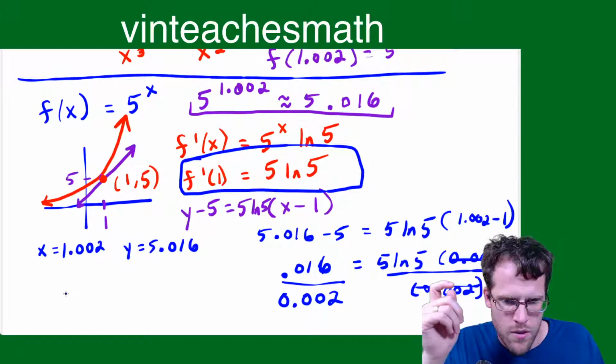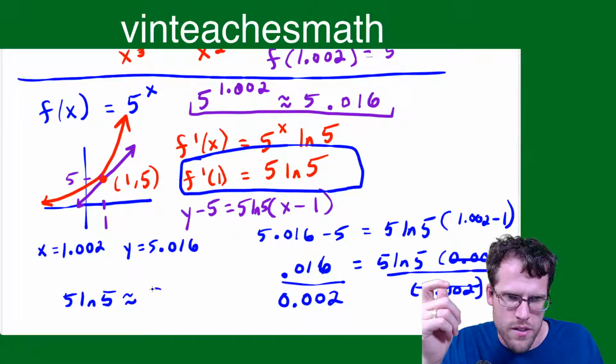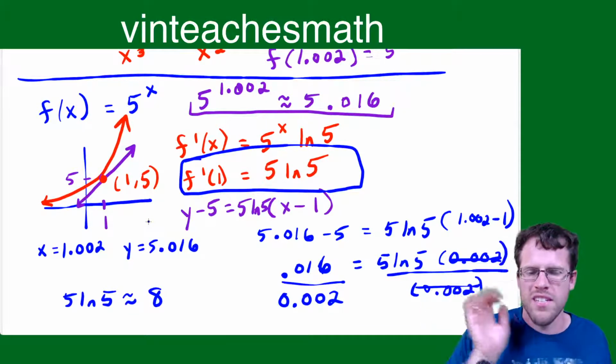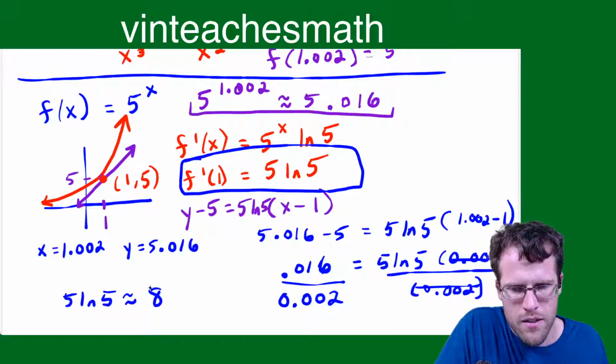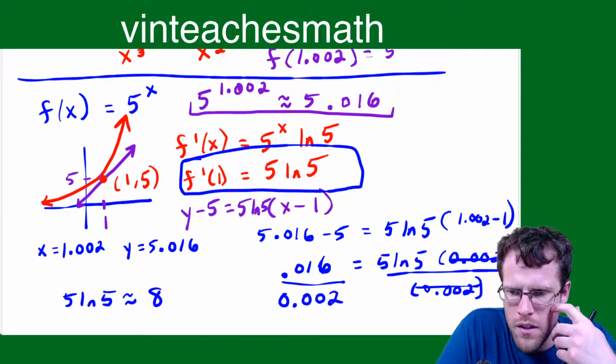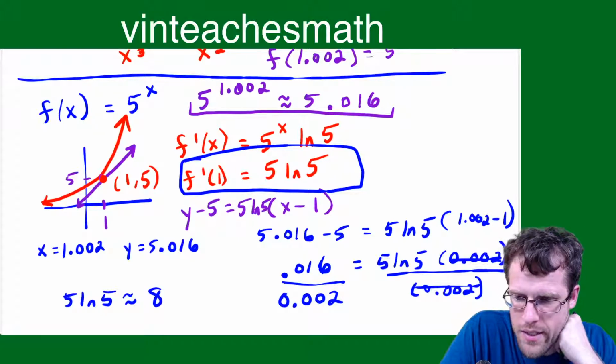But then this tells you here that 5 ln 5 is approximately equal to 0.016 divided by this is 8. All right, so I believe on the packet that lines up with choice D. So that is why it's this. Wacky question. All right, so that was 31, 45, and